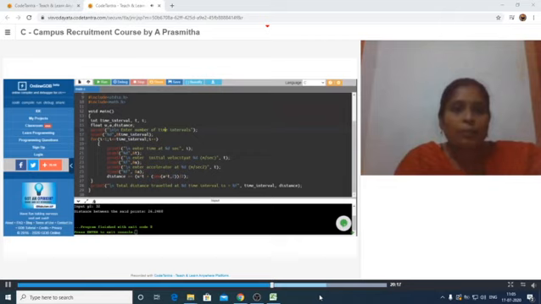Now initially I am going to read the time interval, that is, how many times you want to calculate the distance travelled by the vehicle. After reading that variable, we are going to use a for loop. In this for loop we are using a counter called i, and it will start from 1 up to time interval, so that many times it is going to execute these steps. Inside this we are going to read the time, initial velocity and acceleration, and calculate the distance based on the formula.